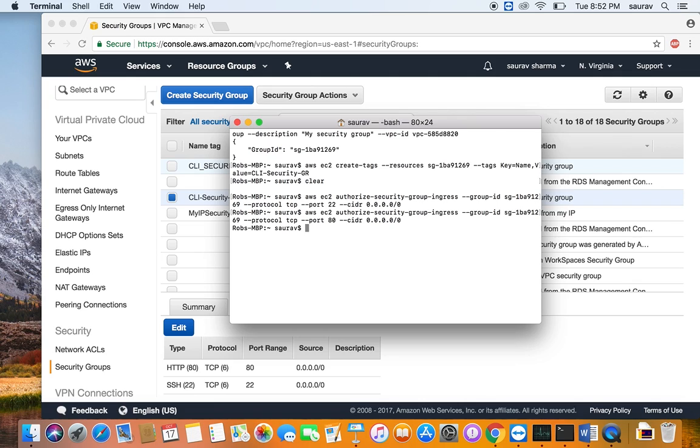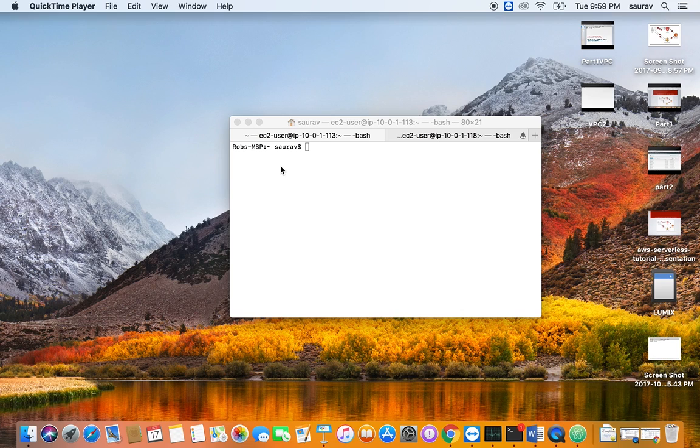Okay, so what we need to do now is to create a key pair so that we can launch an instance. We will need to create a key pair for us to be able to log in or SSH into our EC2 instance that we will be creating very soon. So the command to create a key pair, like a simple key pair, is AWS EC2 create-key-pair